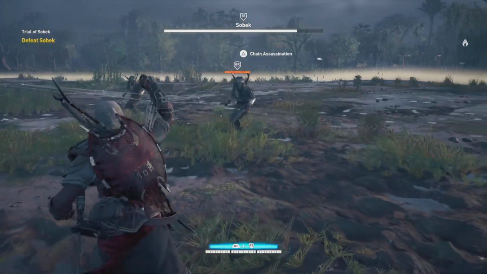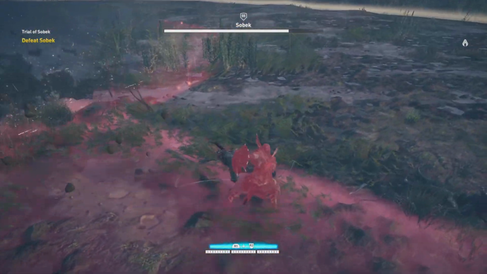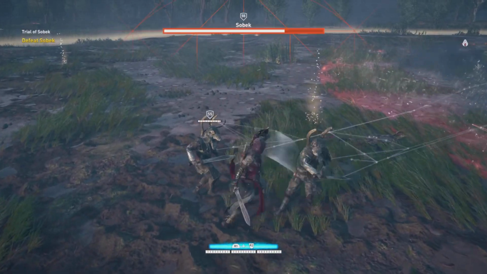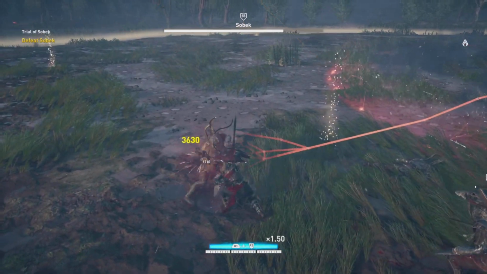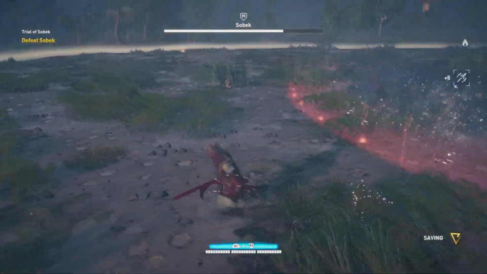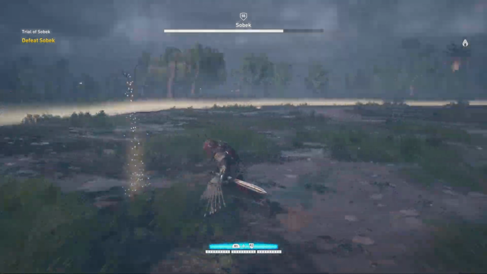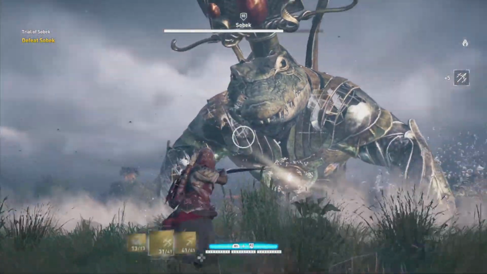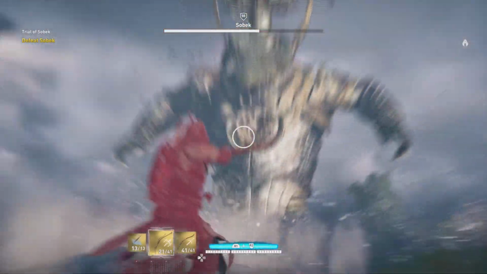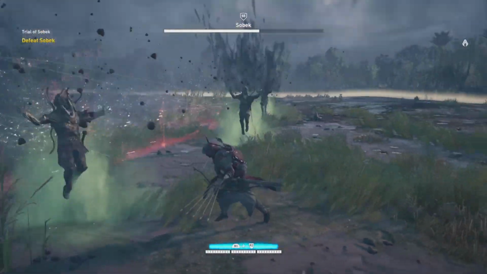Speaking of his minions, they will come out at 75, 50, and 25% health, around there. They'll come out and you'll have to defeat them. As you can see, they are tethered to him, which means that they are a part of his health, which means defeating them will weaken him as well. If you don't see that bubble pop back on his chest, that means that there's one rogue running around. You need to go out there and find them, take them out, and then that way the chest bubble will